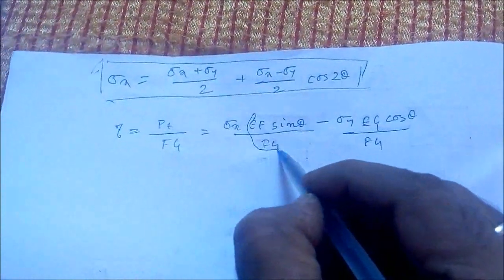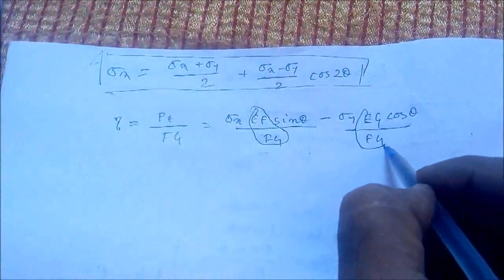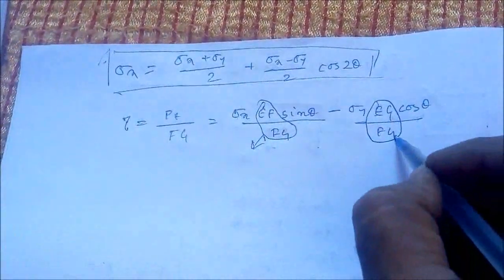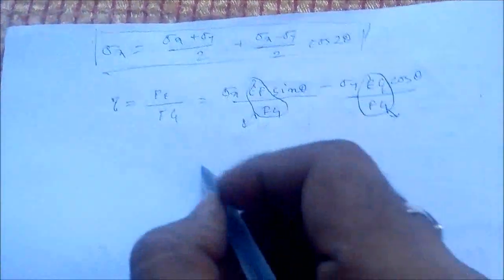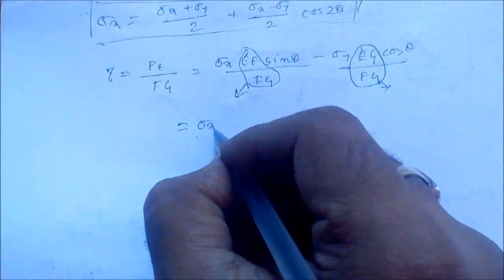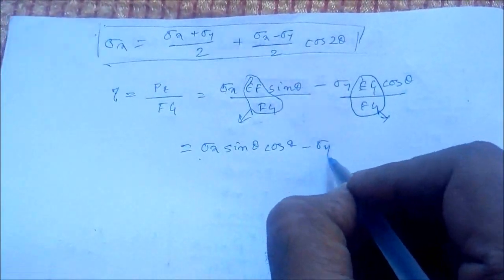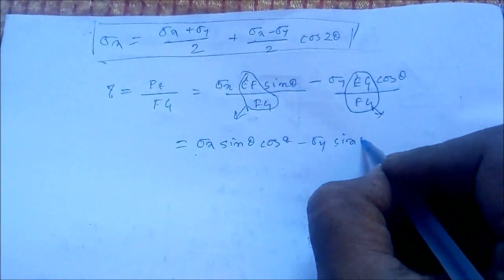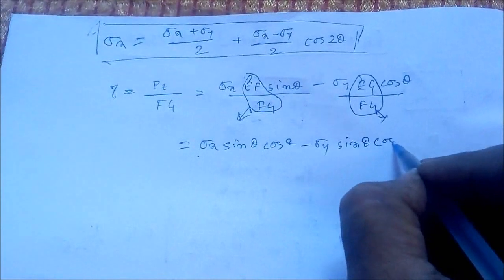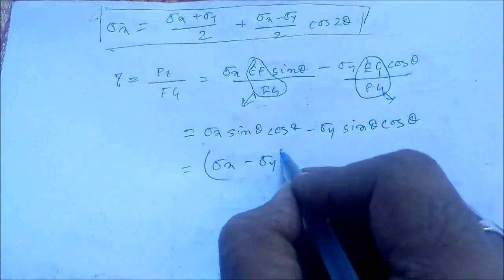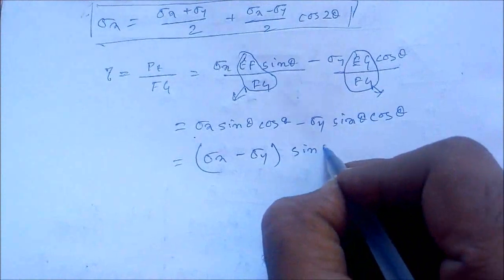Again we are getting two terms, EF by FG and EG by FG. We have already seen those two values. This is cos theta, this is sin theta. So we will have sigma x sin theta cos theta minus sigma y sin theta cos theta, right? So if we take common, this will be (sigma x minus sigma y) sin theta cos theta,